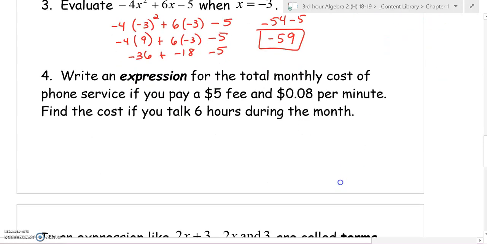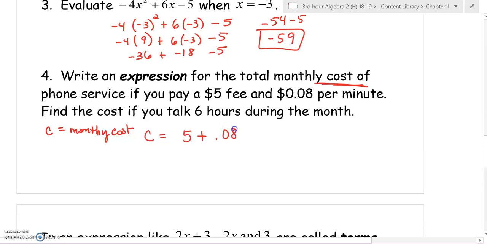Okay, so here's another problem. We're going to write an expression for the total monthly cost of phone service. If you pay a $5 fee and you pay 8 cents per minute, find the cost if you talk 6 hours during the month. So my algebraic expression, and I need an algebraic expression here because I'm finding a cost. The monthly cost of the phone service becomes my variable. So I'm going to say that C represents the monthly cost of the phone service. So I have $5 flat fee plus